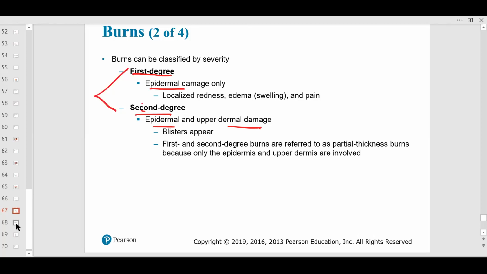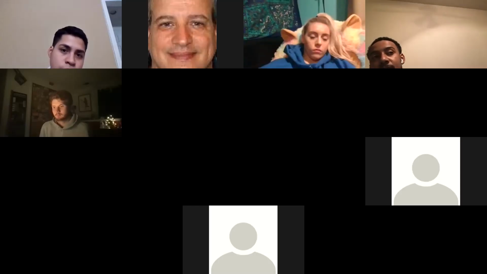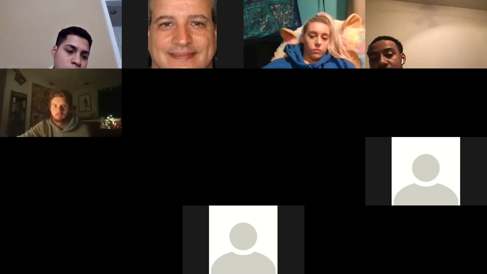But if you get into these, at first you're not going to be in pain because you're numb. But of course, when this comes back and those nerves come back, this is a terrible situation here. And you're going to get dehydrated because your blood vessels are exposed, losing fluids. So that's it. I think we hit all the important parts of the integument that you need for your